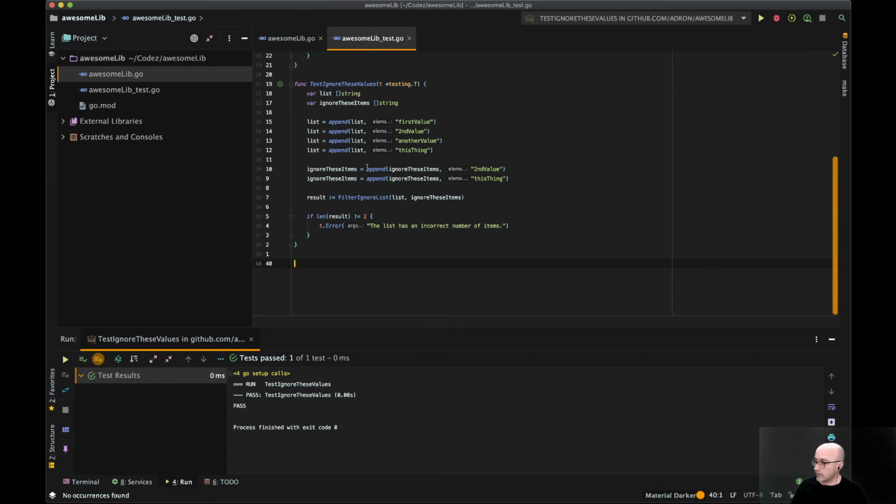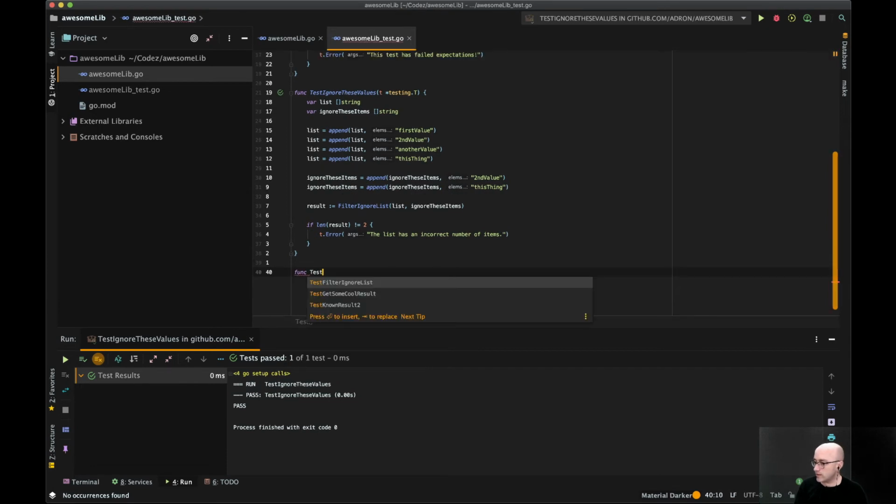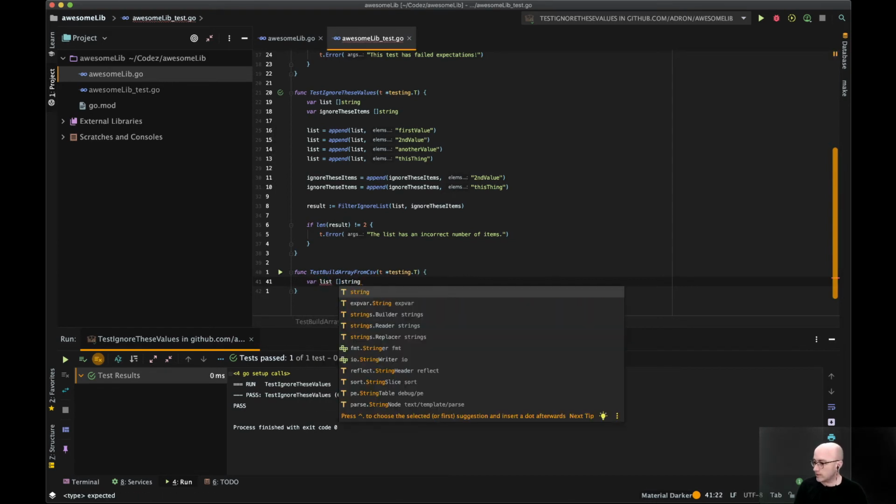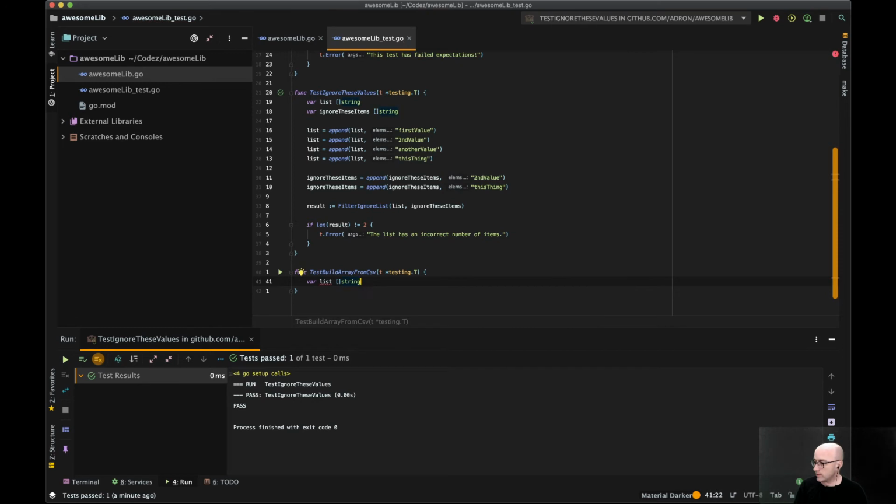So, go back to the test, and let's say func test build array from string, from CSV. That's what we'll do, CSV standing for comma separated values. Here we go. Var list. Go with this. And then var string.